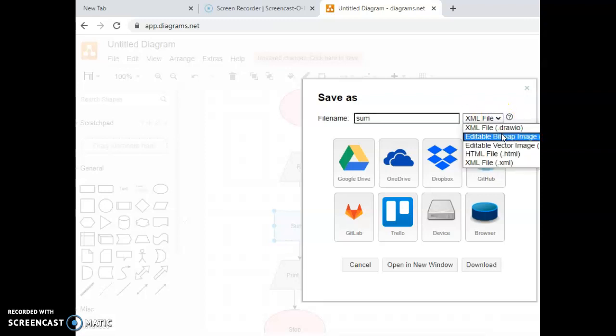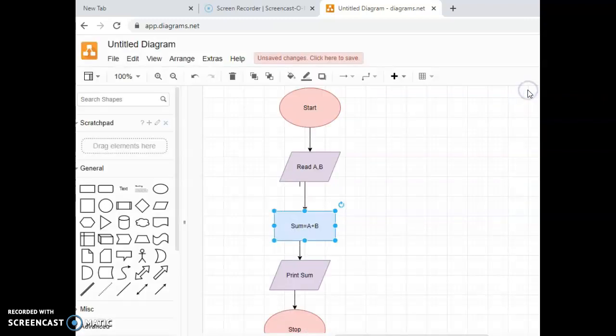Can be saved under PNG. PNG is the one which is used to save the images. You can save the file. Sum.png is the name which is given to save the file.